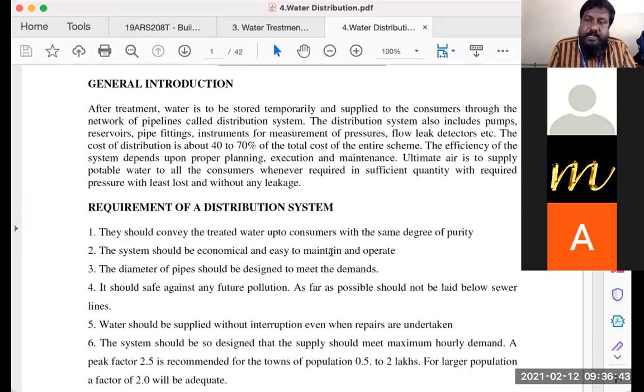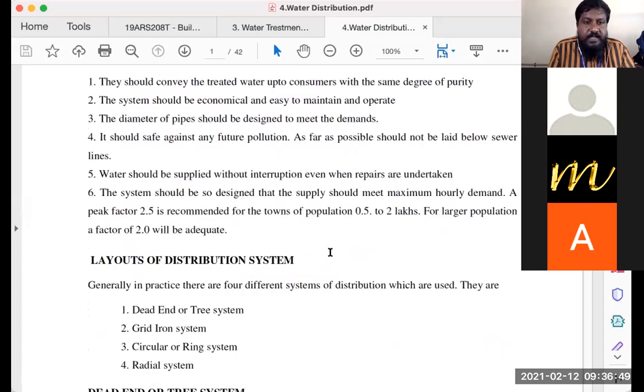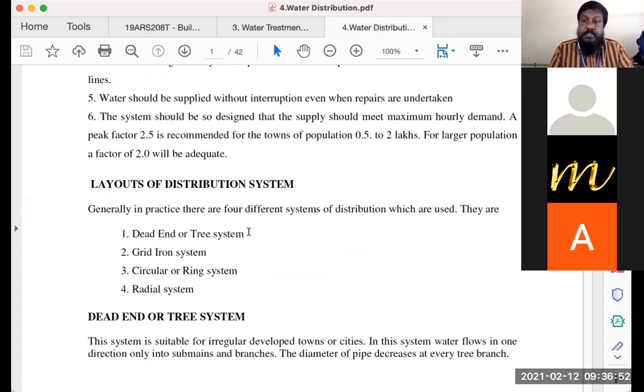So distribution of water, fine. As I told you, after the treatment, the water needs to be distributed, and how does this distribution process happen? So there are various layouts. This is a communal distribution system in a town or a city, how the water is distributed. What is in the syllabus is the second part, which would be the distribution to an individual unit. So first get to understand the total distribution, and then probably in the next class we'll have a class on how individual distribution happens. The layout of distribution systems are the dead end system, gridiron system, circular ring system, or radial system.